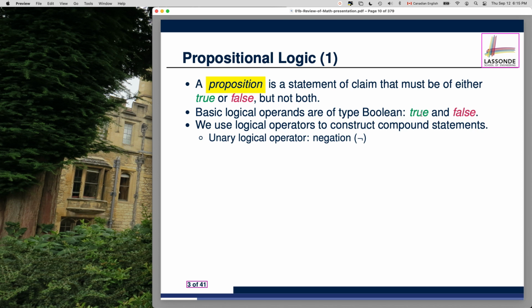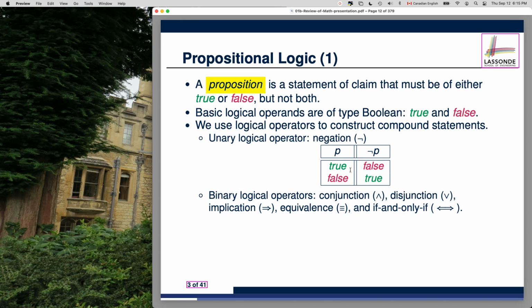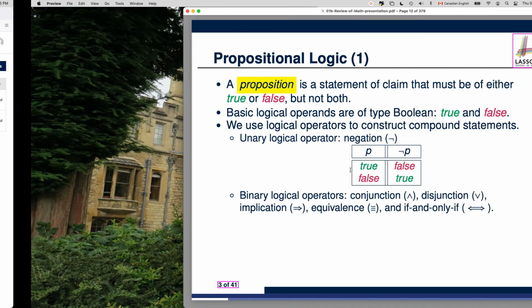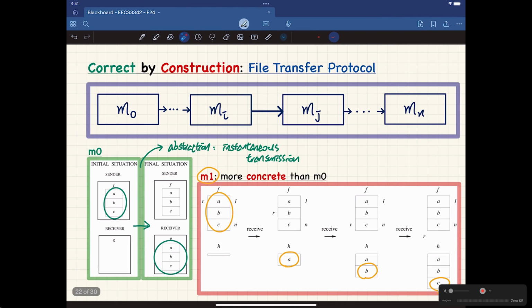And we have negation. So truth table, negation, trivial, right? I don't need to even go into detail. And also we have conjunction, disjunction, implication, equivalence, if and only if, right? We'll get to them. But let's now clarify something very important, which I remember you guys mentioned before,